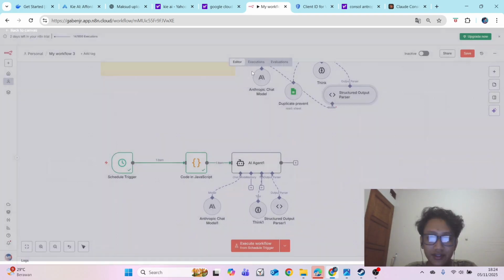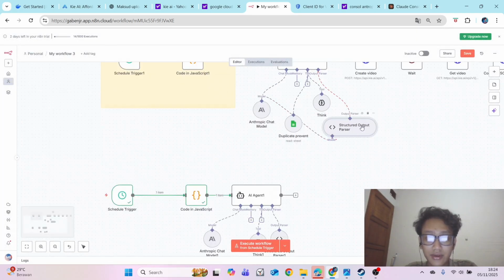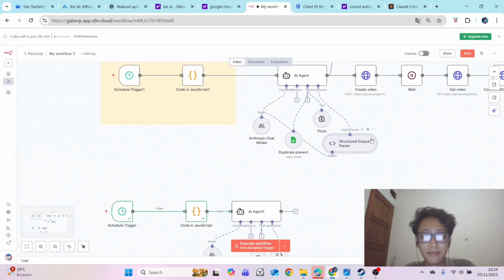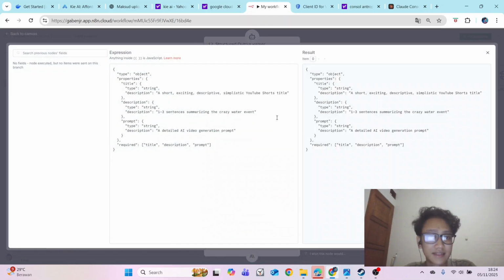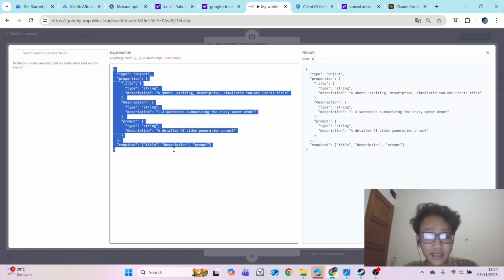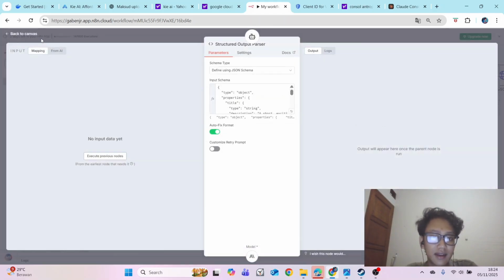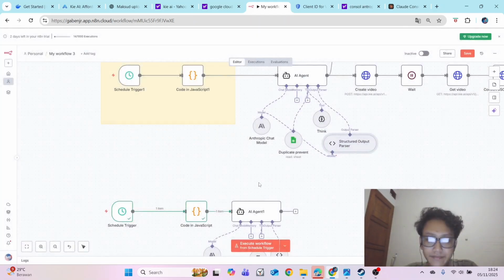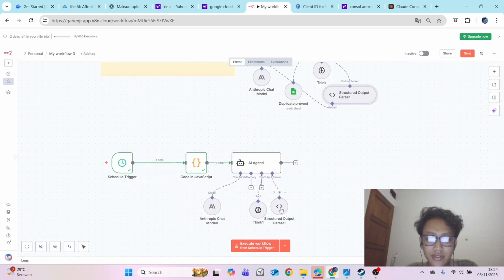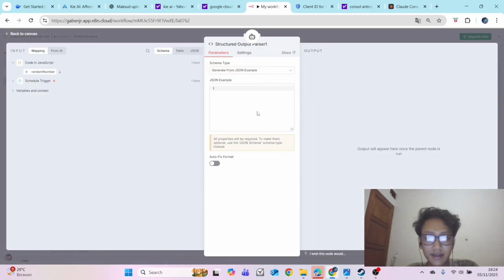I use my last node that I have made, and I asked GPT to do this. Again, you can screenshot it and paste it into your setup, okay? For example, I will copy this and put it in the structured output parser, okay?